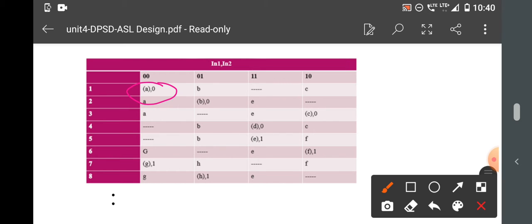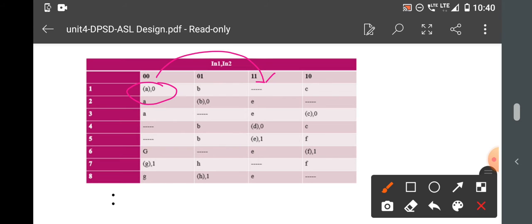Whenever it is stable only, you will produce an output from the fundamental circuit. So A will go to B for 0 1. Whereas if you come to 1 1, the state change is from 0 0 to 1 1, which means that 2 changes of state are not allowed.